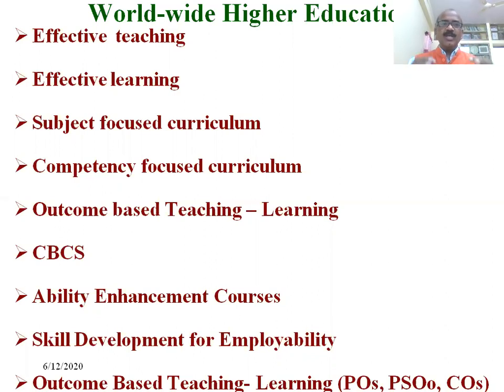Teacher as well as student can focus on the subject. It is a competency focused activity. Interactive teaching and learning is outcome based teaching as well as learning. Interactive teaching is very much useful for the choice based credit system, because students' creativity will enhance. Students will start